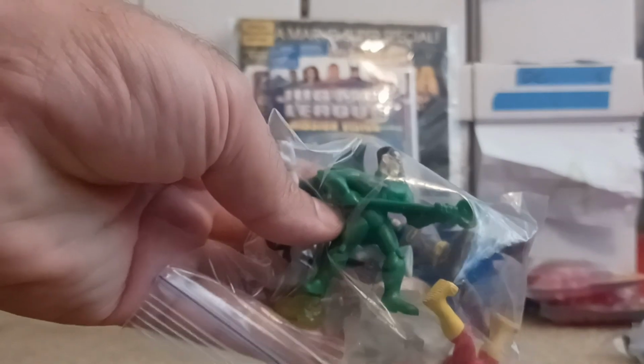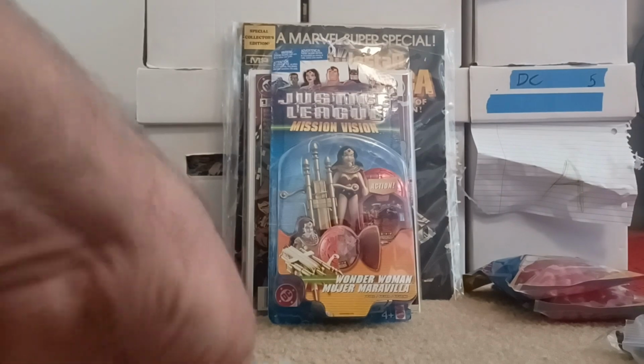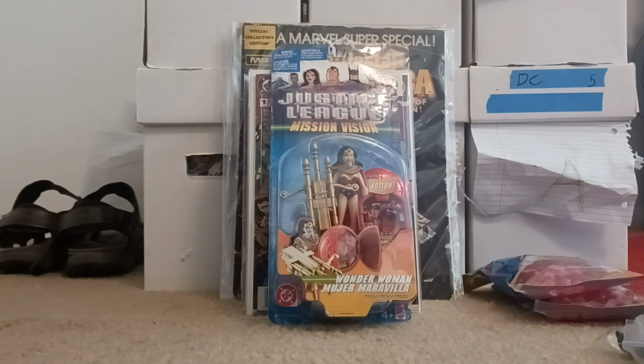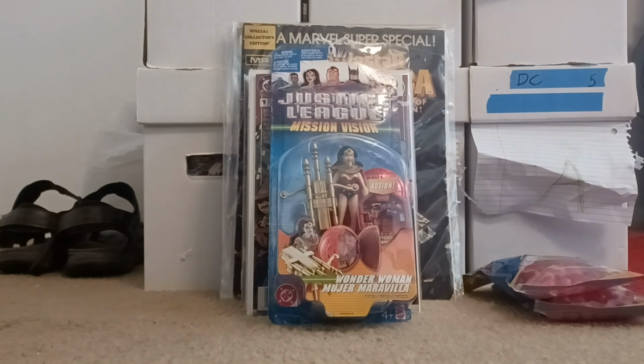Picked up these. You can see the Riddler. I think I've got most of them, but like the see-through one in there, I think that's Gentleman Ghost, the Riddler. Some of those I didn't have out of the figures. Same thing here, as you can see, there's another Flash in that one. But I keep thinking the Penguin might be one that I needed. So I'll have to go through them and compare to the ones I already have. And then, of course,